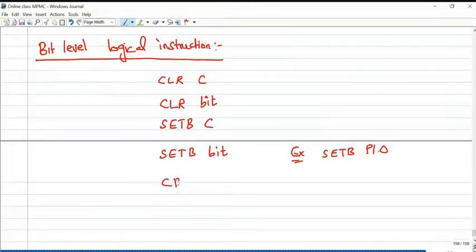Next one, CPL C: complement of the carry flag, it takes the complement of carry. Or the complement of a particular bit is also possible, CPL bit. And logical AND between carry and a particular bit.